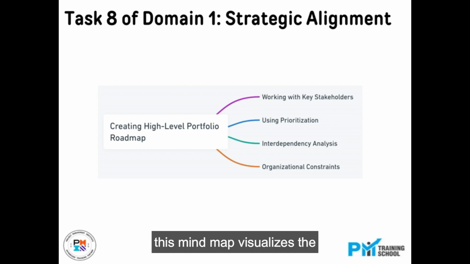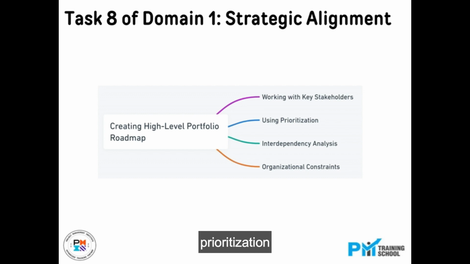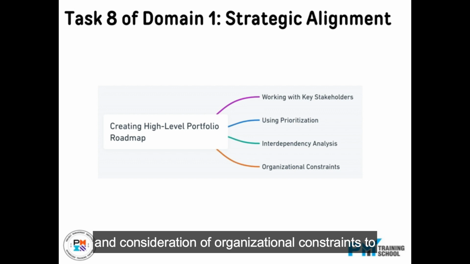This mind map visualizes the process of creating a high-level portfolio roadmap, highlighting collaboration with key stakeholders, prioritization, interdependency analysis, and consideration of organizational constraints to confirm and communicate the sequencing, dependencies, and strategic alignment of